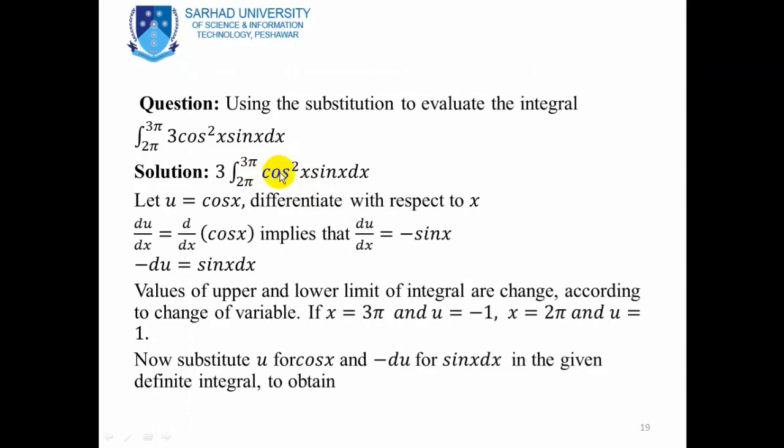So dear students, in this problem you see over here, the derivative of cos theta is equal to sin theta. So adding 1 to the power of this cos and adding 1 to the power of this cos in the denominator, we obtain the result cos cube divided by 3. And for the limit, dear students, note that first of all put the upper limit in the obtained result minus putting the lower limit in the obtained result.